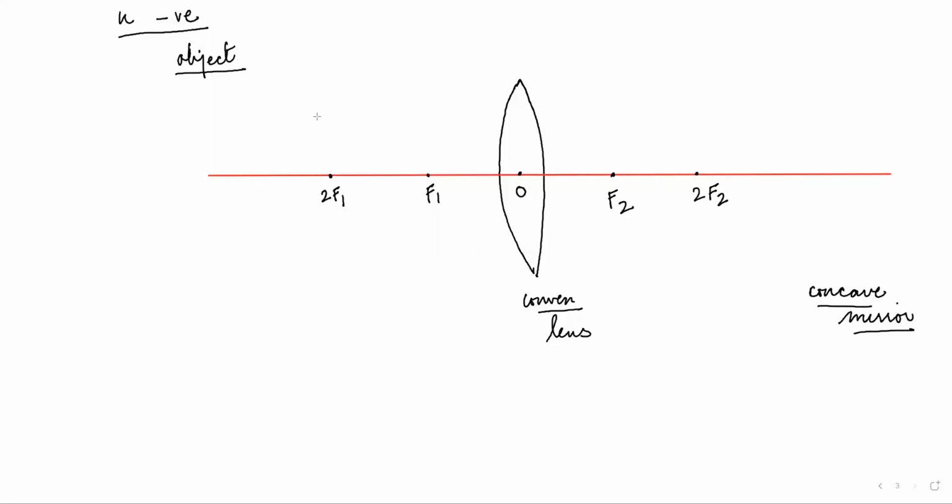Now, the rays are coming from infinity, very simple, parallel to the principal axis. After getting refraction, I told you, whenever light travels from one medium to another medium, its direction will change. So it's going inside this medium. This is a different medium, and this air is different. Air is optically rarer medium. Glass is optically denser medium.